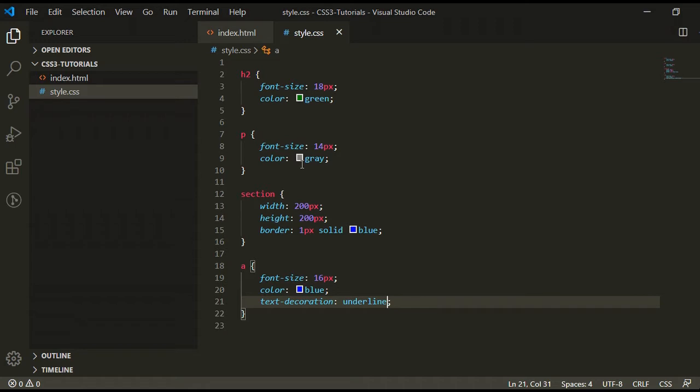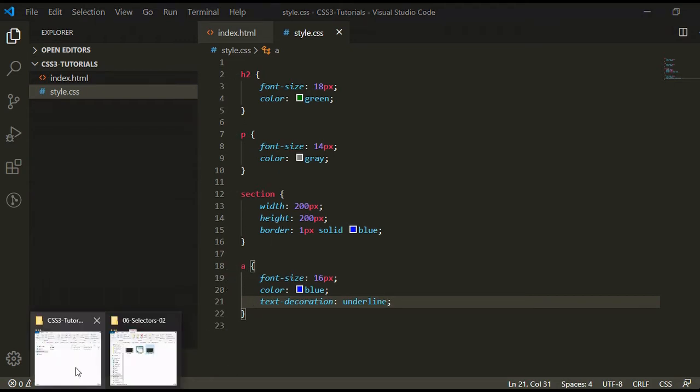So we have written some CSS rules for these elements with the names H2, paragraph, section and anchor. So let's see it in the browser.